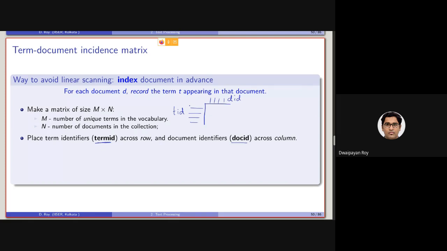As we have seen, we can write the terms here as well, like A, then apple, and so on and so forth. Also, we can make a list, basically a one-to-one mapping. It will have two columns. One is the terms, and the second column is the corresponding IDs.